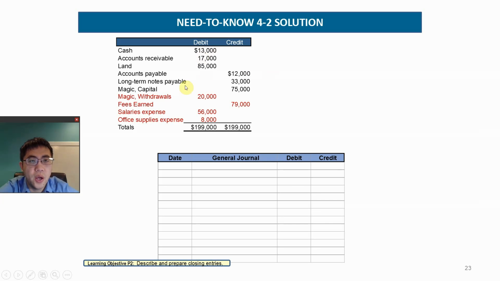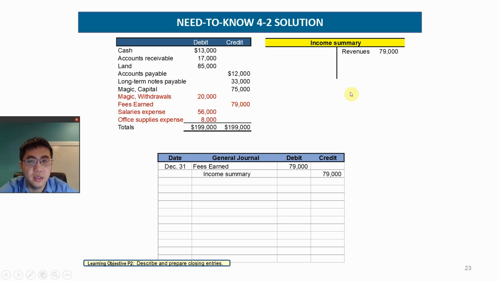Right here, you're looking at a trial balance with all these debits and credits, and some of this belongs to the income statement, and some of this belongs to the balance sheet. And remember, the closing only applies to temporary accounts like revenue, expenses, withdrawals, and owner's capital. Okay, so you will see that these revenues are there. So you have fees earned, that's $79,000. On the income summary, you will transfer this $79,000 to the income summary, and here is the credit,